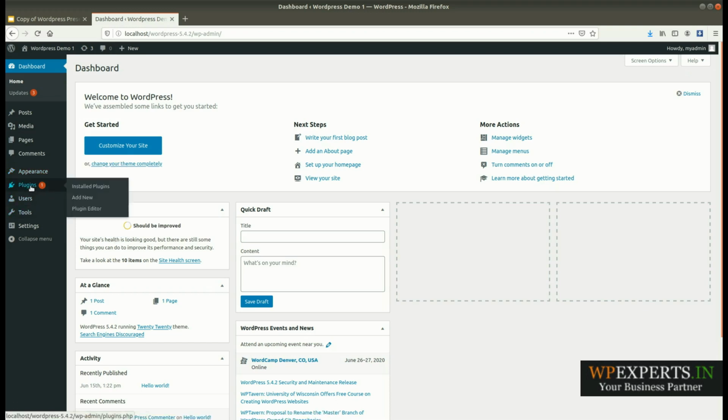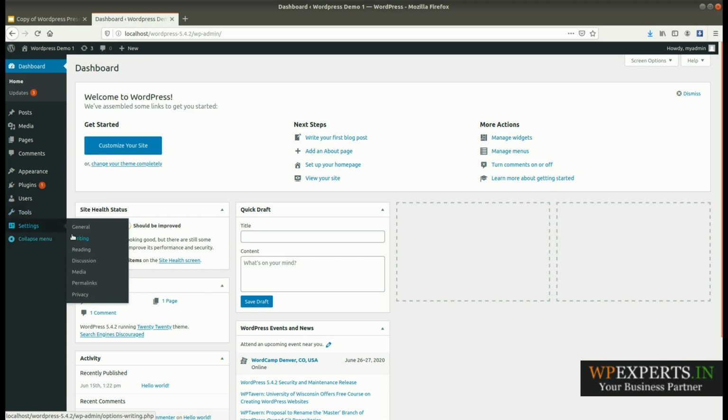Here you can manage the installed plugins, add new plugins, and the plugin editor. Here you can manage your WordPress users, and you can import or export your website data. The last one is settings. Settings is the most important part of a WordPress site, so let me explain all the settings one by one.